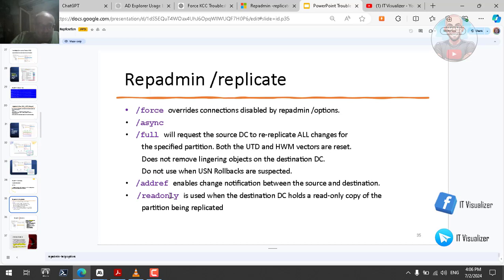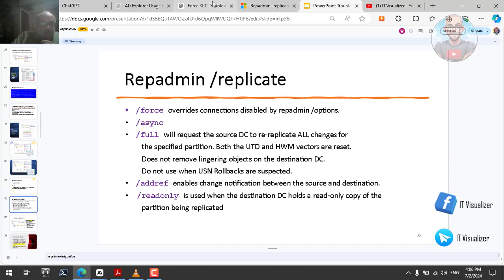As for read-only, a replication is done, but it's a read-only copy. You cannot change the data sent to you. You can only take the changes as read-only, or be informed of the change. You can see the changes, but you cannot apply them to your destination Active Directory database. This is useful in some situations. We will talk about it, but these are all the sub-switches for repadmin /replicate: repadmin /replicate /force /async /full